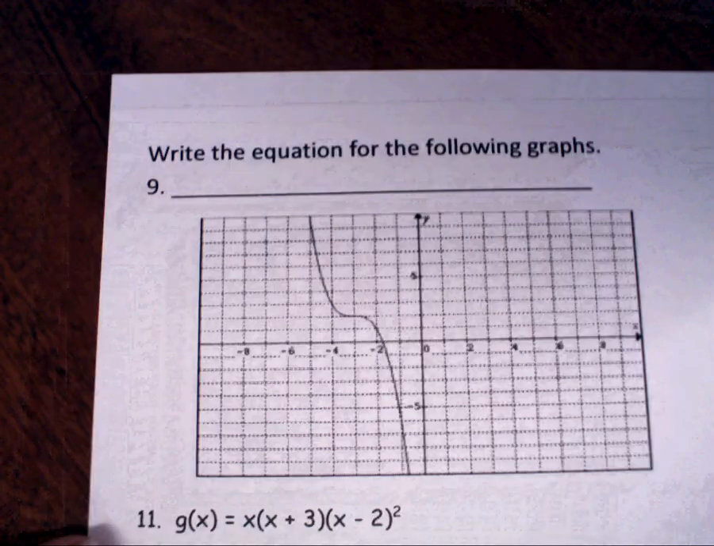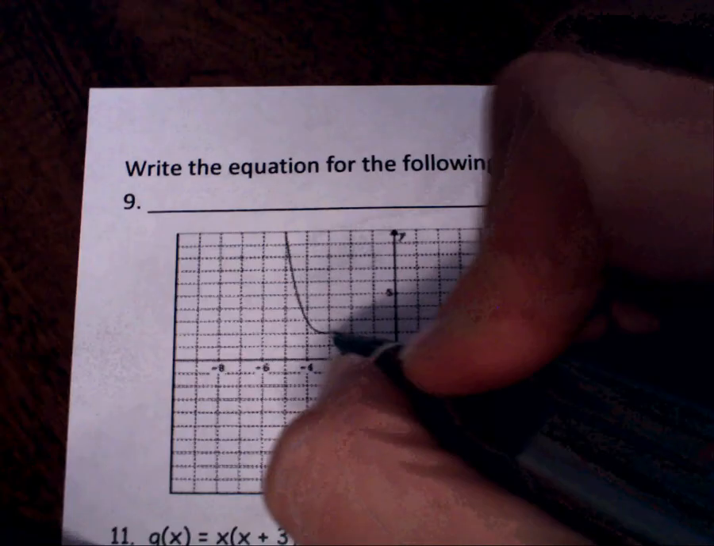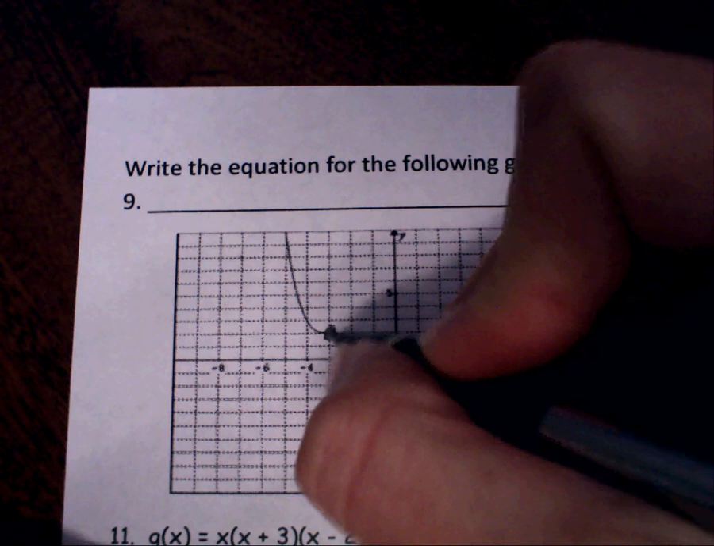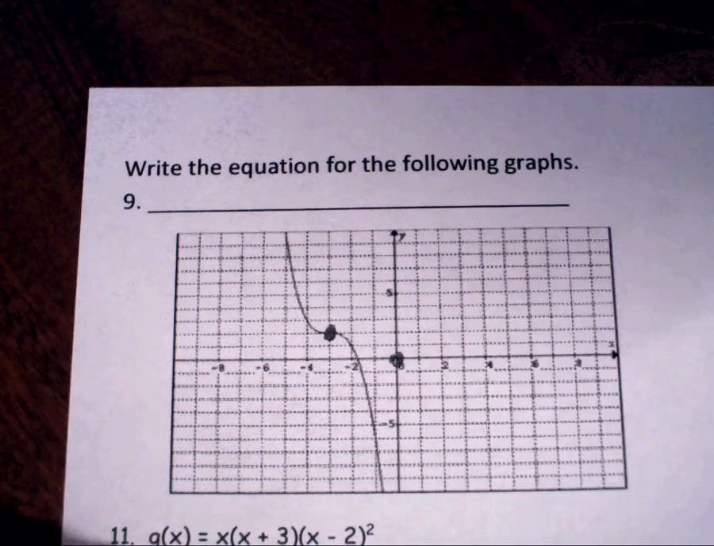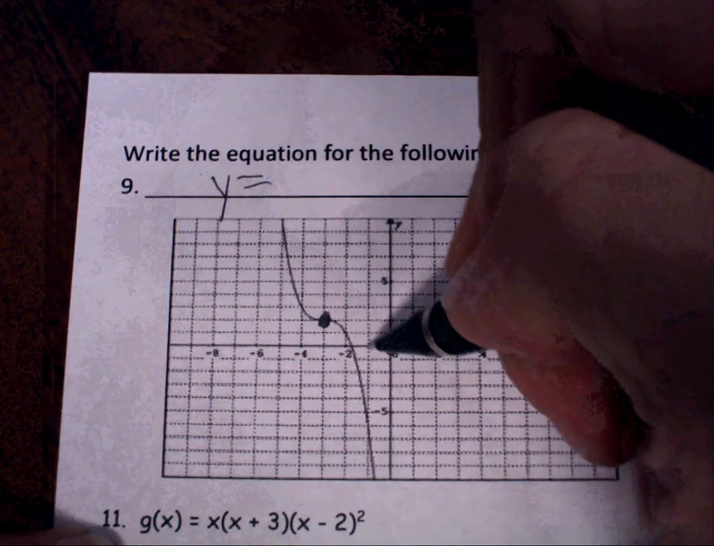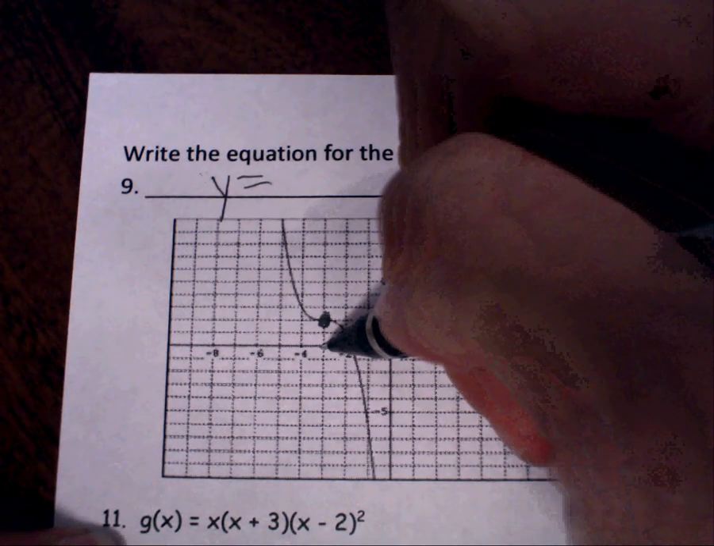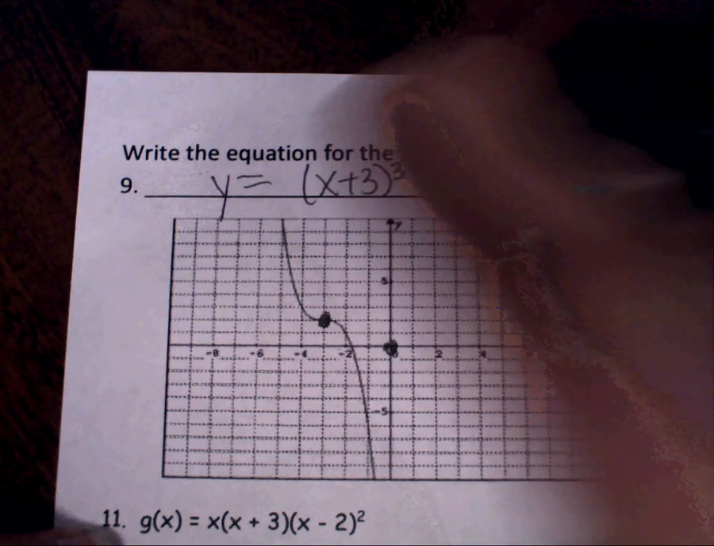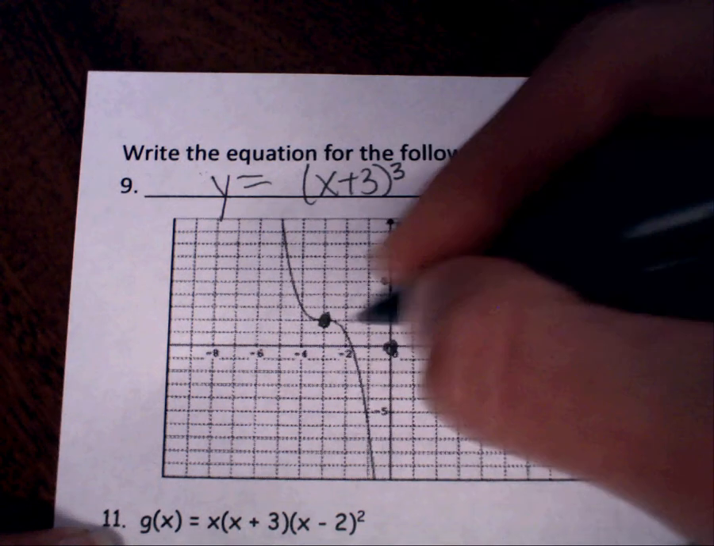All right, so number 9 is a cubic equation. So we need to find the middle of the cubic where it kind of starts to turn. So that's going to help me find out how much it went from 0, 0. So I would count. So y equals 1, 2, 3. 3 to the left, so that's x plus 3 because it's opposite. Up to,